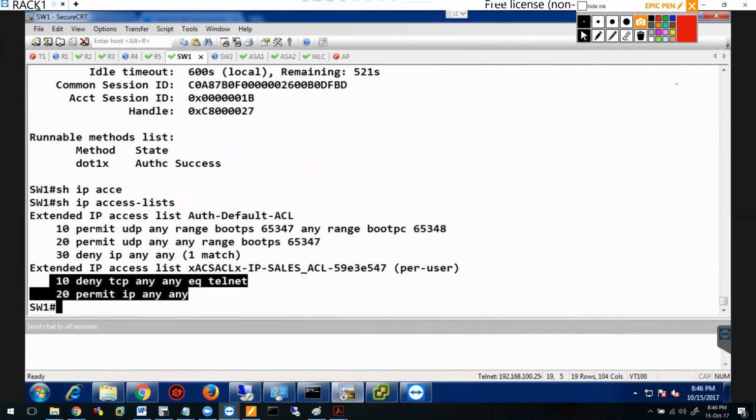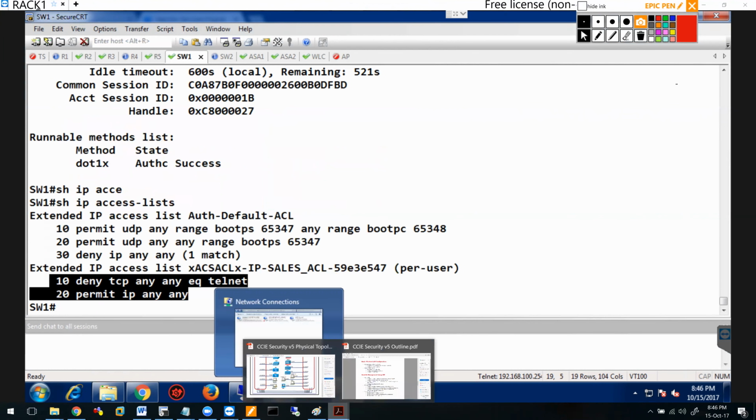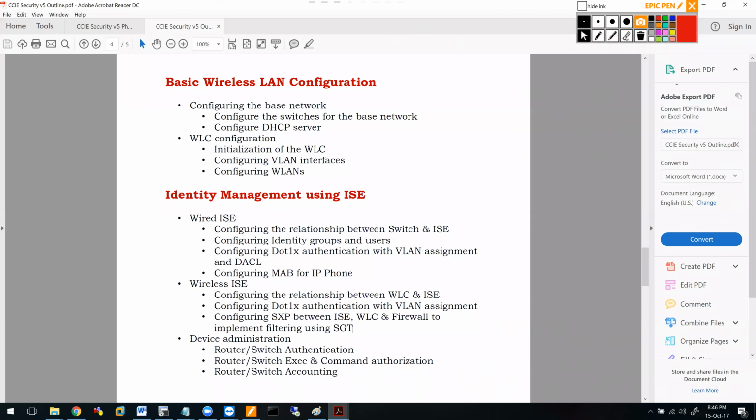So if you look at what are the things that we covered over here in terms of wired: configuring the relationship between ISE and switch, configuring identity groups and users, .1x authentication with VLAN assignment and DACL. The only thing left is MAB, which specifies that I want to do authentication based on the MAC address. What it stands for is MAC-based authentication